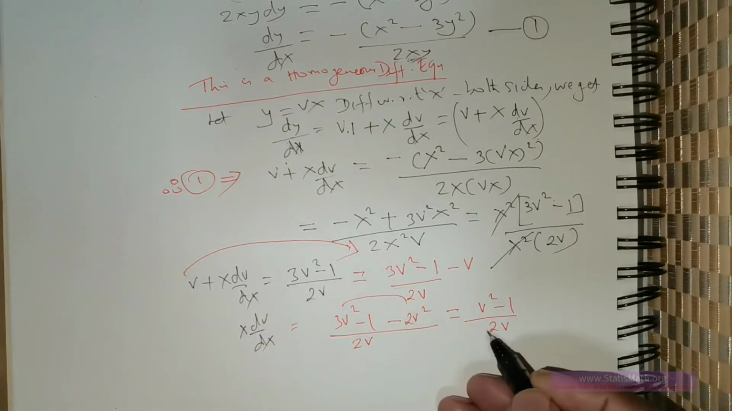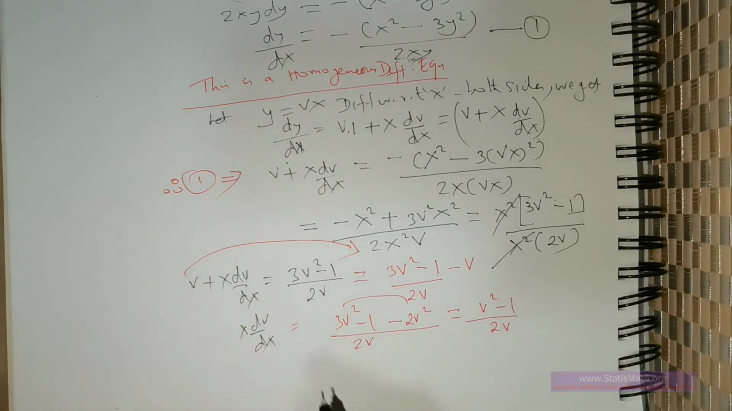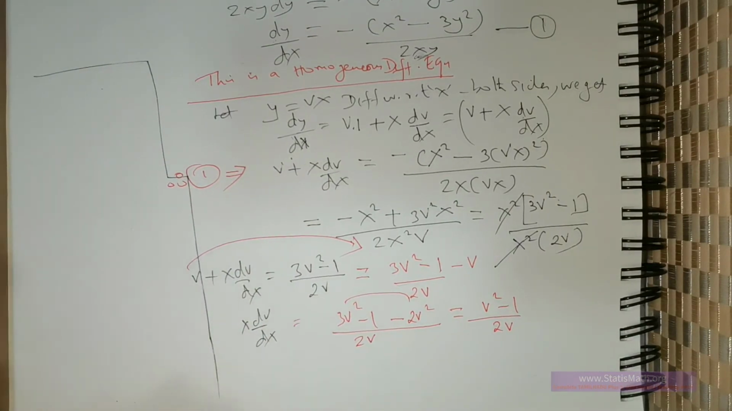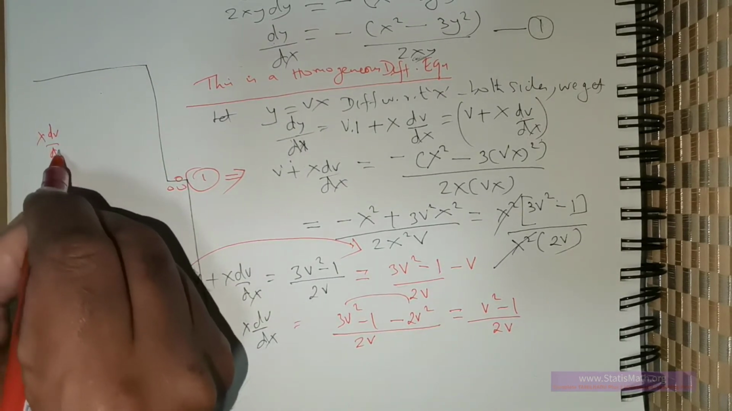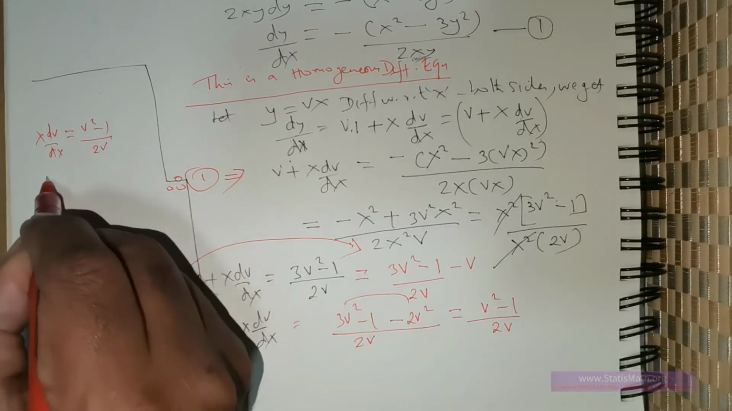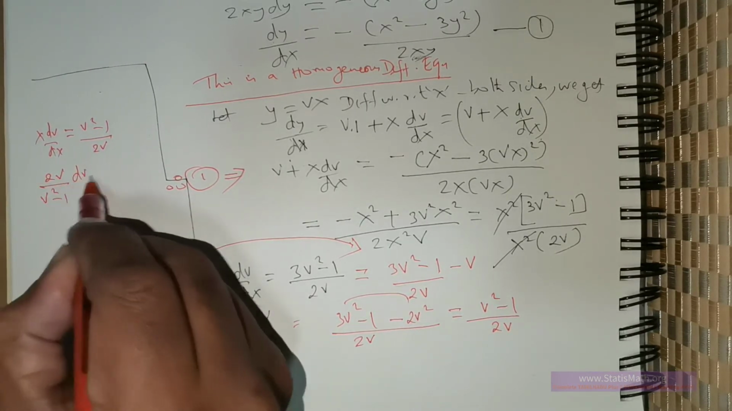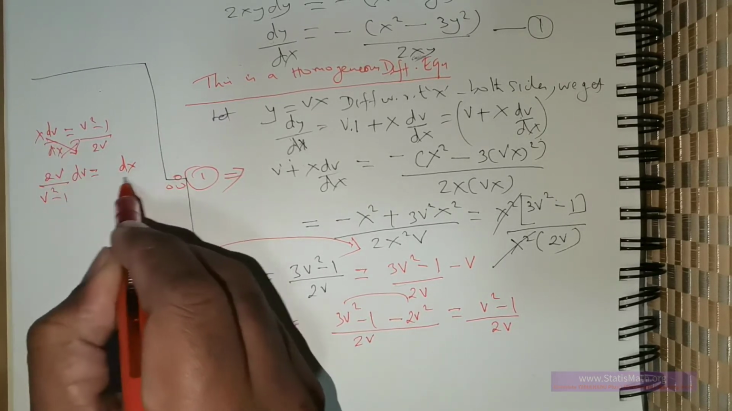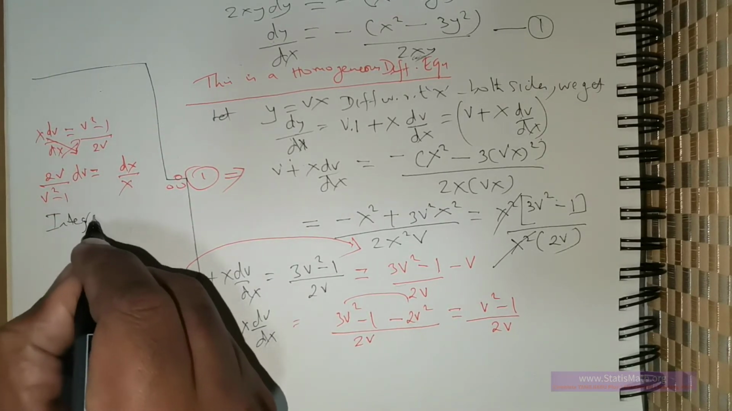Now I'm going to move 2v to the numerator and bring v squared minus 1 down to the denominator. So I've got x dv over dx is equal to (v squared minus 1) divided by 2v. So you cross multiply, you get 2v divided by (v squared minus 1) times dv is equal to, move the dx to the right side, so you get dx, move the x down, this is going to be x in the denominator. So integrating both sides we get,